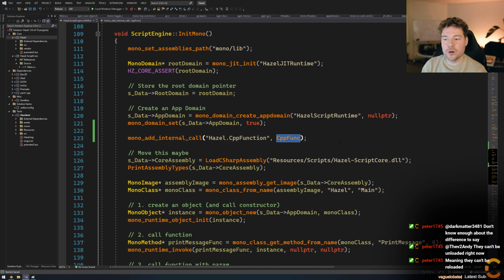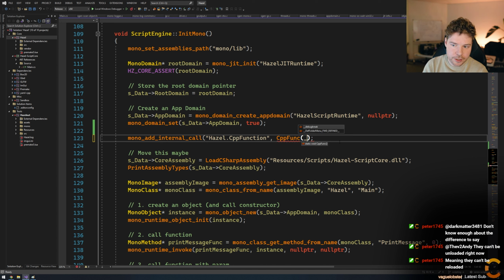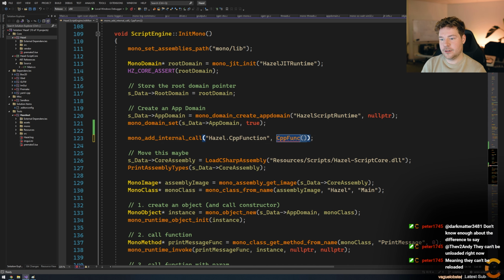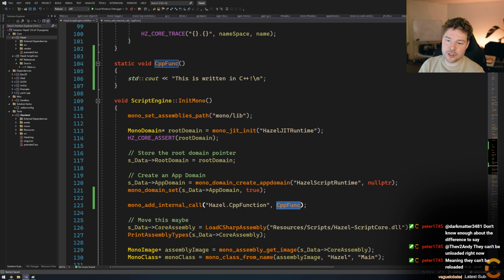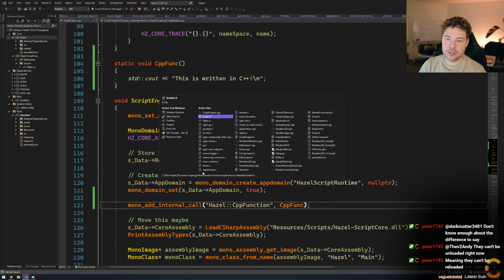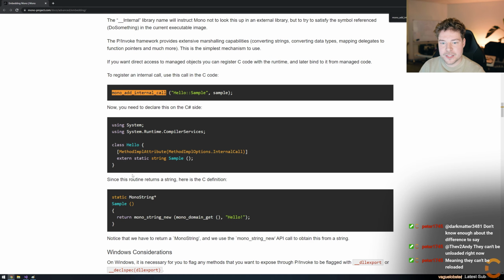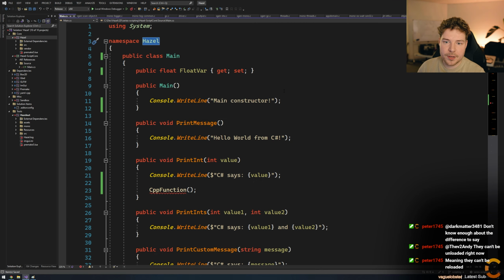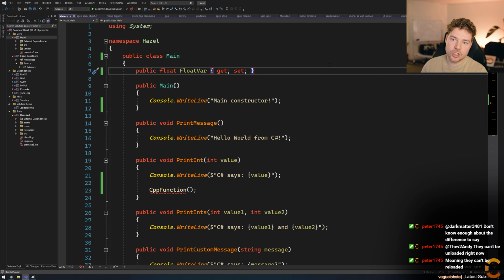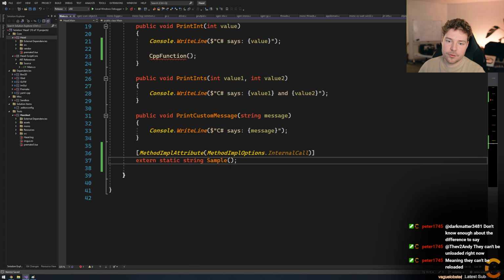So this is a function pointer now, because we're not calling the function, we're just providing the name of it. And then here, if we want this to work, we have namespace Hazel, and inside here we need to set up something like this. We'll just copy their example here. I'll close this page for now, and we'll chuck it anywhere. I like chucking it at the bottom, but it doesn't really matter.